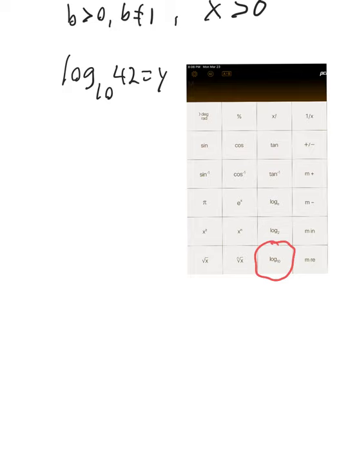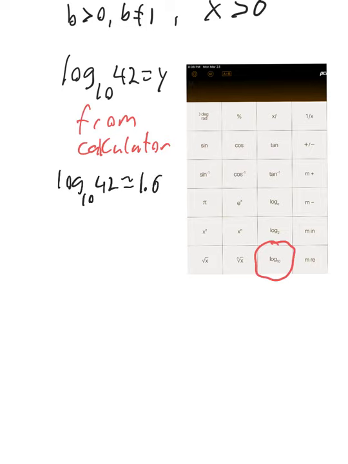The one I have, pCalc Lite on my iPad, there's the log base 10. You can use that button to do any logarithms if the base is 10. Okay, so if I want log base 10 of 42, I would just do 42 and hit my log base 10 button. Okay. So from the calculator,